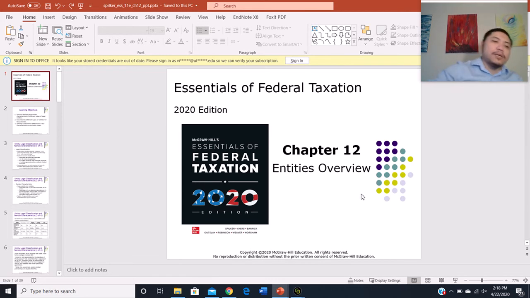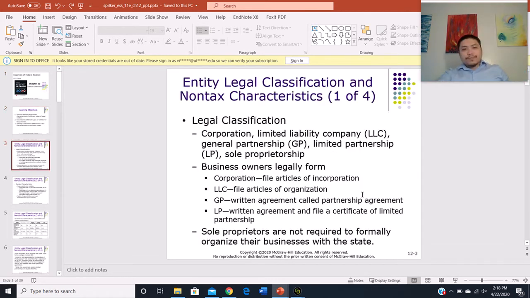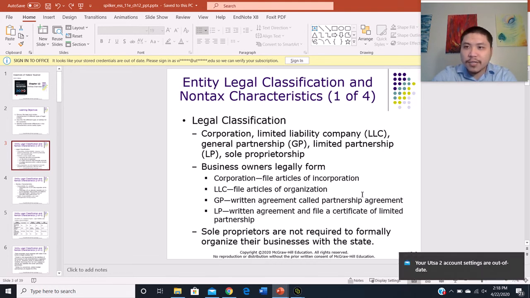All right. Okay. So first of all, let's talk about what are the legal entities available out there that you can set up. So there's several types, right? So currently, for legal classification, if you want to establish a business and you are figuring out what types of entities you should establish, right? Then